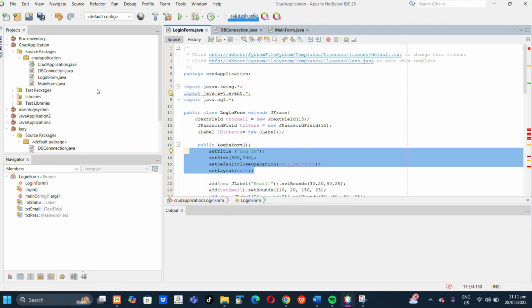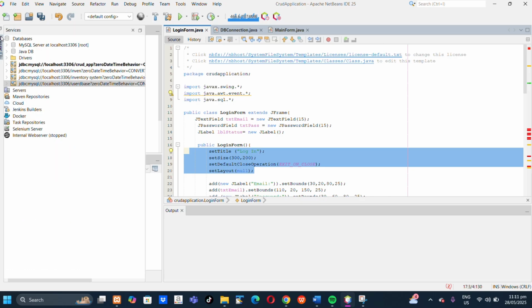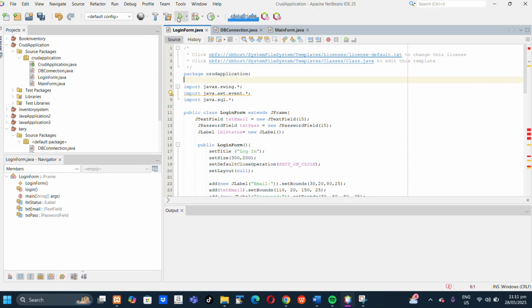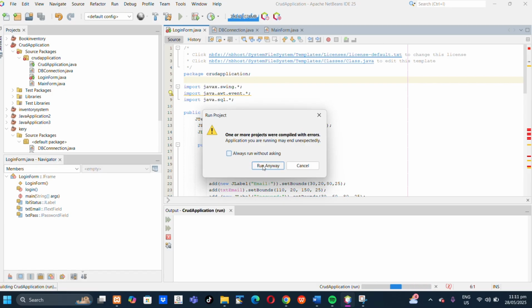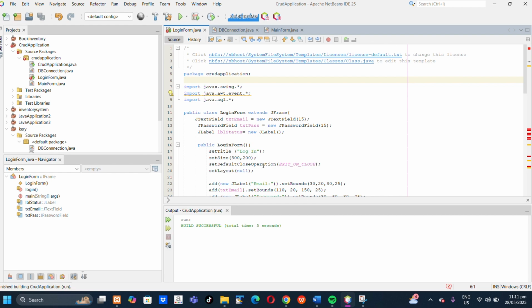Okay, next is, as you can see, we have the connector finished installing, so we run it now. Okay, run. Anyway, it can't be run because, as you can see, there is